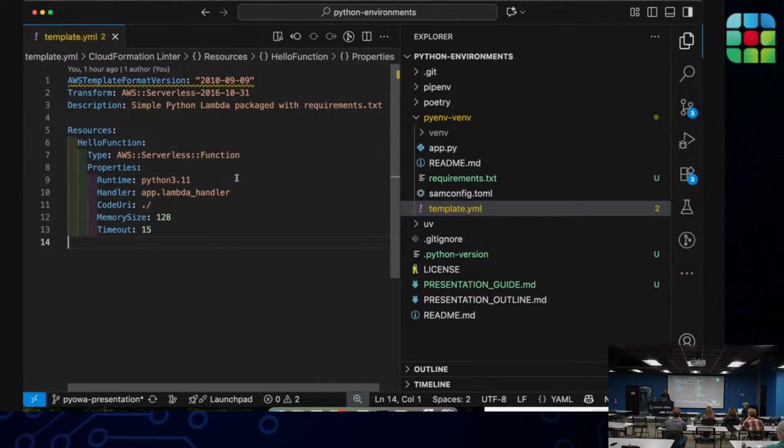Basically, this is just a way to define infrastructure in code, and then we can deploy this to an AWS account.